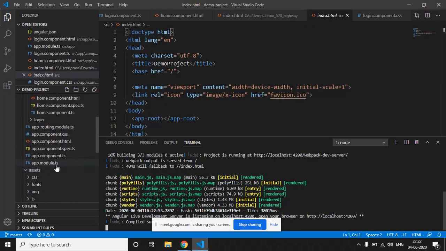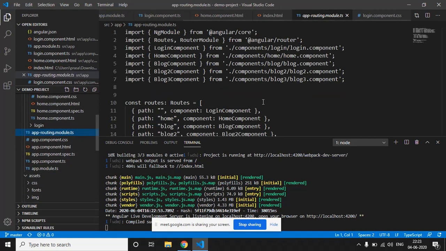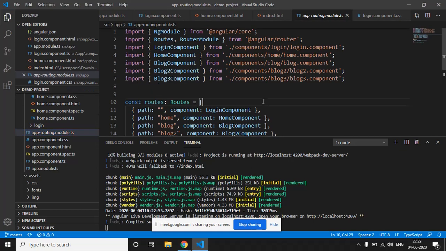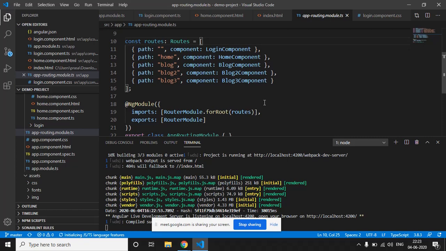Go to your app routing module.ts, and into this RouterModule.forRoot, where we have provided these routes, add a comma. Just save it.